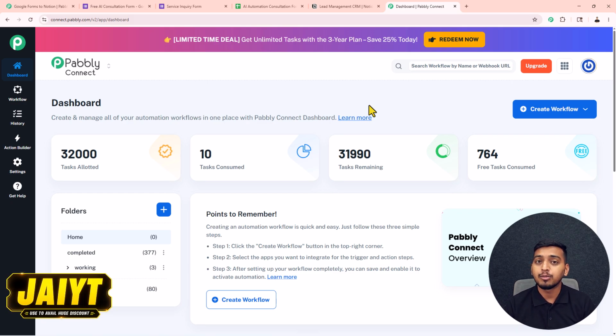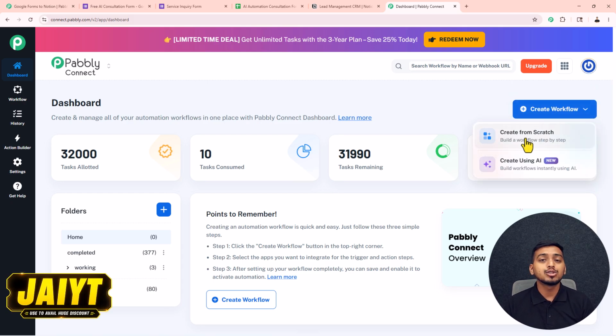But if you want to learn how you can get to the dashboard, you just have to watch this video that I have added on the I button. From there, you can easily learn and get to the dashboard of Pabbly Connect. In here, on the right side, you will see this button, create workflow. Click on this, then you will get these two options to create your workflow: create from scratch,